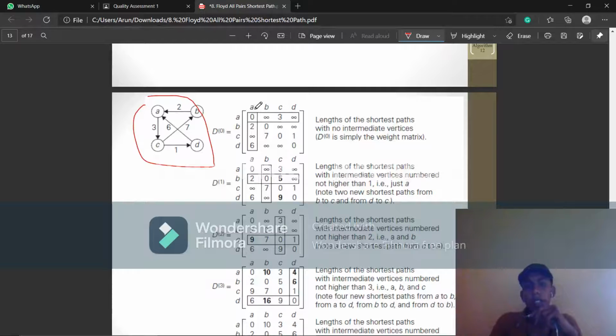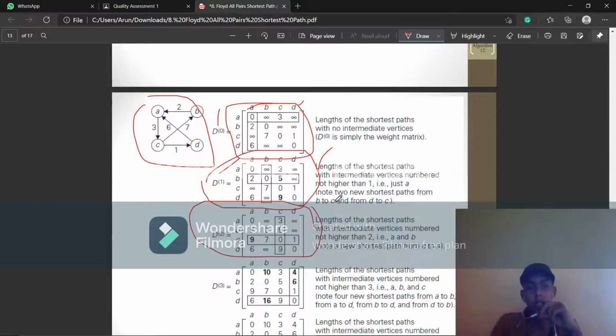So they have given the example in the form of a graph, that is D0. If you take the first intermediate vertex, it will calculate from 0 to all the other vertices, and the formula I have set will apply and give the first intermediate vertex matrix for k equal to 1. Here there are four vertices, 1, 2, 3, 4, so it will construct four matrices.